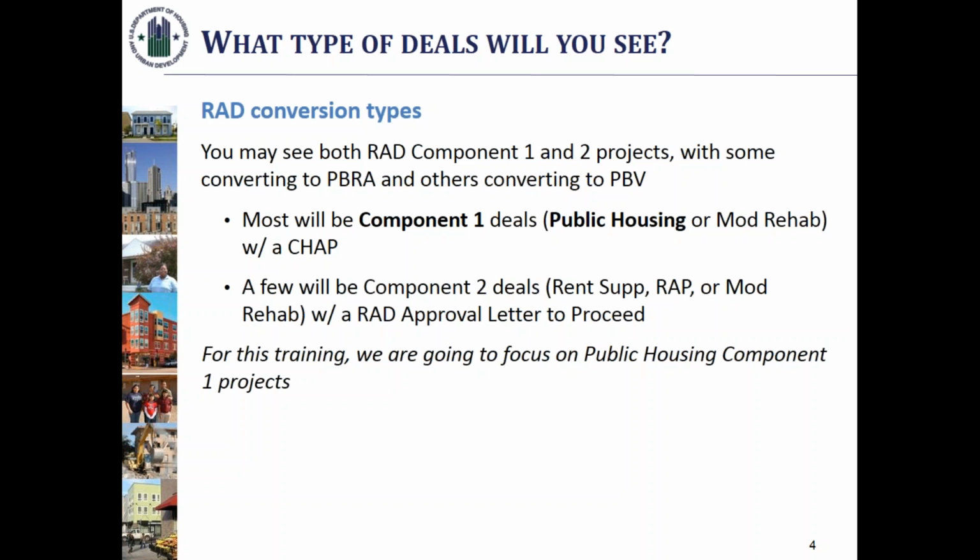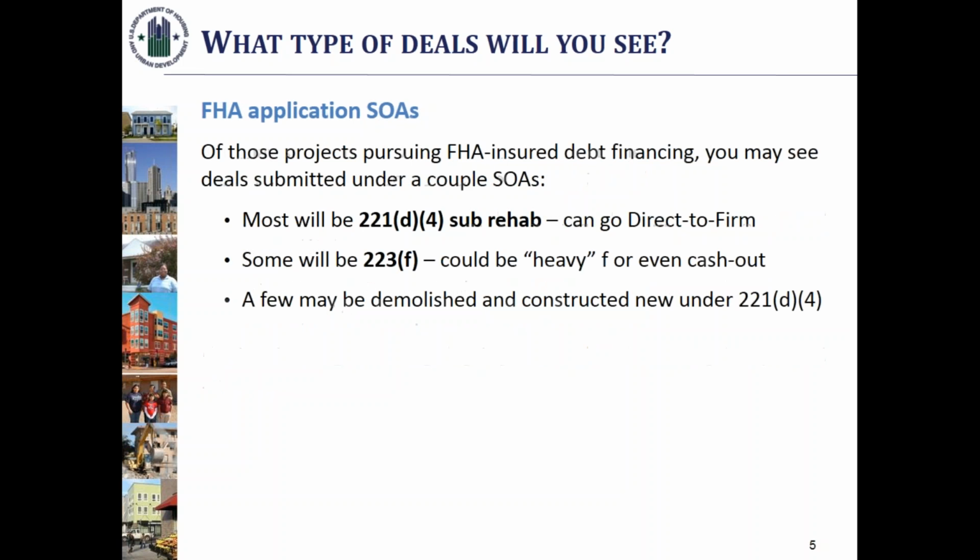So what you're mostly going to be seeing is component 1 public housing deals that have a CHAP. There could be a few component 2 deals come in, but those are going to be few and far between. So for this training, we're really going to focus on component 1 public housing. Okay, so of those projects that are pursuing FHA insured debt financing, which is essentially right now it looks like